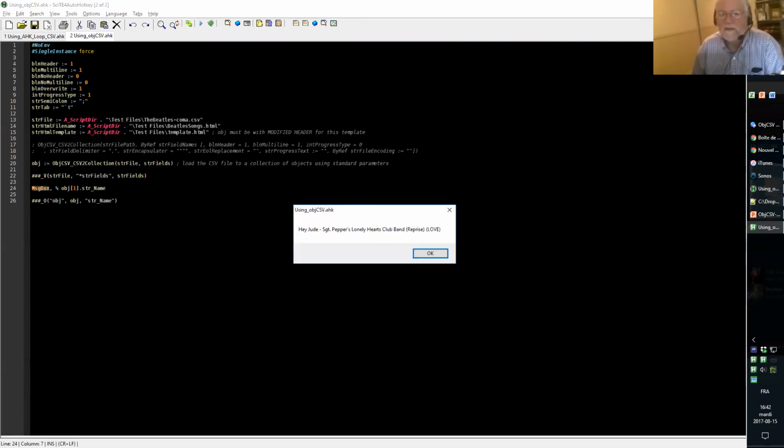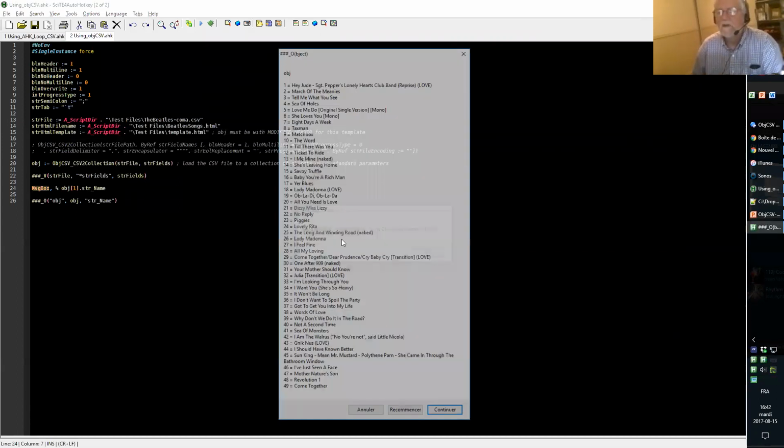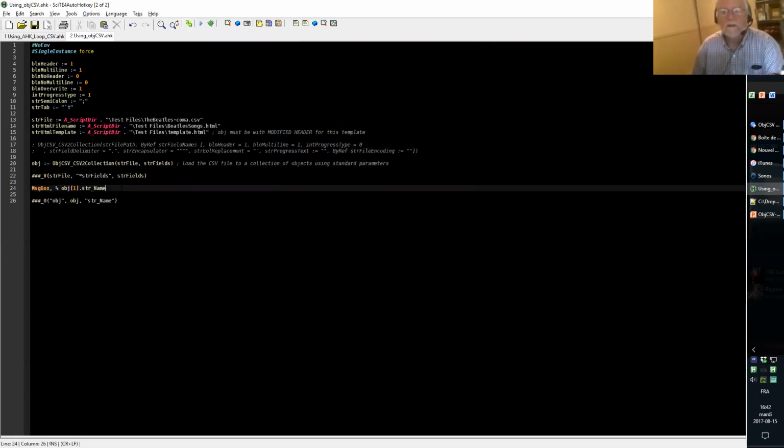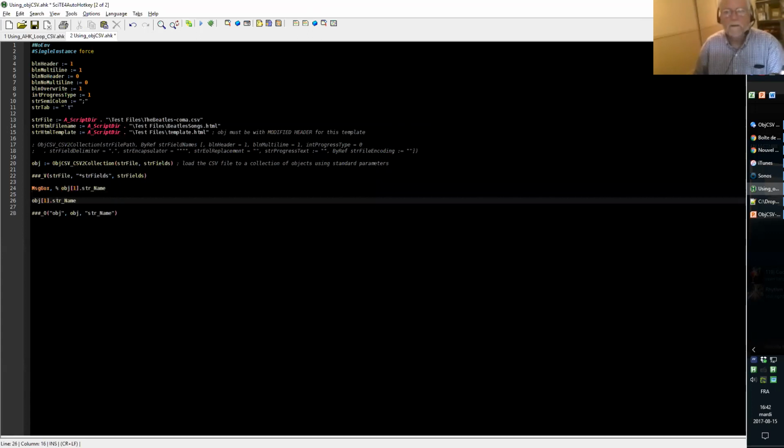What I made with this function here is a function that will loop all the fields in the object and show one of these fields, so the str name here. So that's why I'm using it, to show that the content is now in an object that I can manipulate using my own tool. Fair enough. Of course, I could change this. I could say that now this will include hello.